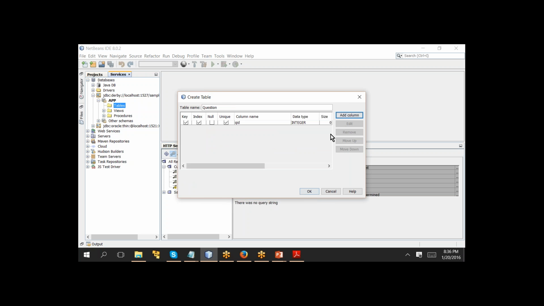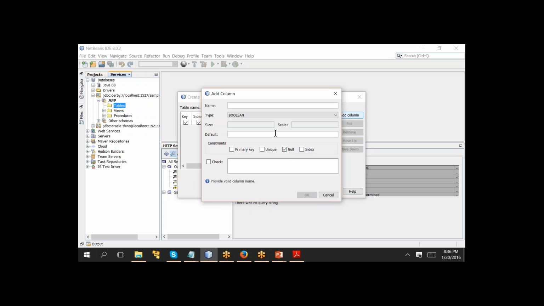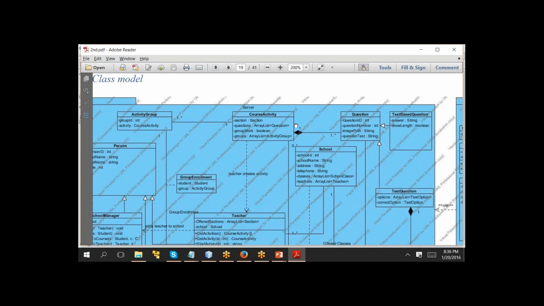Auto question should have the same primary key. And question ID, question